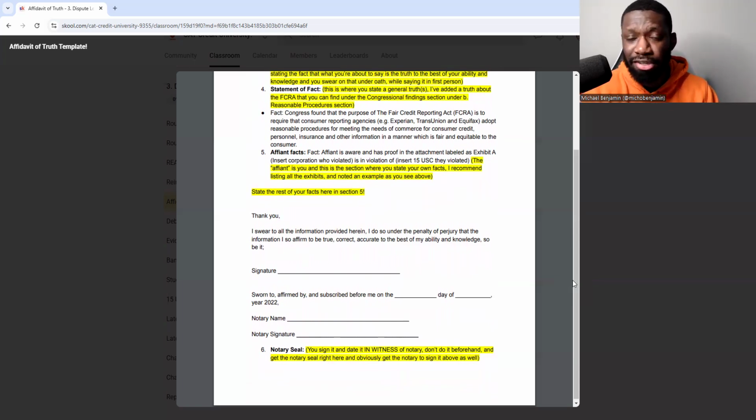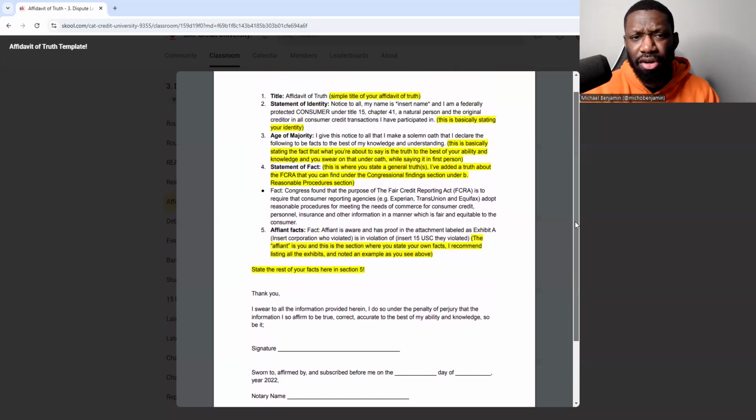So if you want to do your CFPB complaint, if it's still open, or if you want to just go based off of the laws, I mean, the laws are really the foundation. You know what I'm saying? If you want to go through litigation, you just got a bunch of different scenarios in terms of how you could do it. But I just wanted to create this video real quick just to give y'all something free